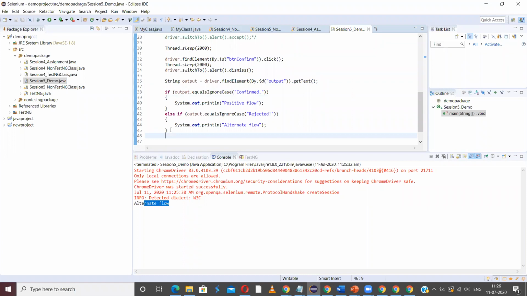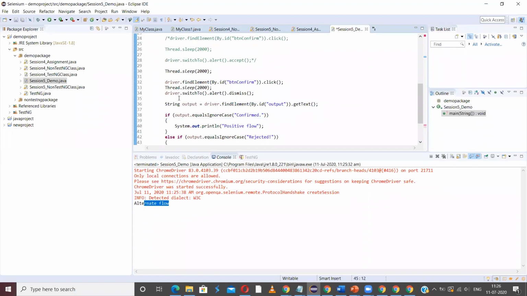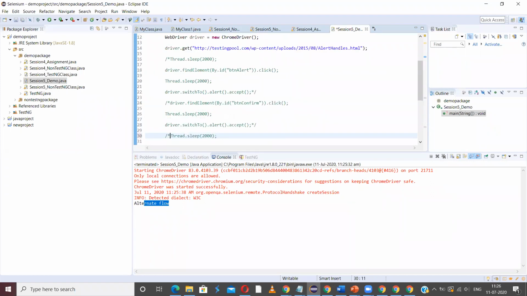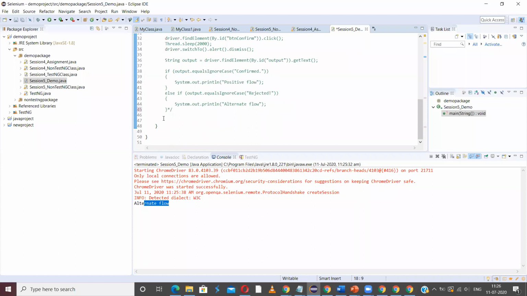So let me quickly explain the prompt also. Let me comment out all this. The ID for prompt is btn prompt, so let me use this directly here.